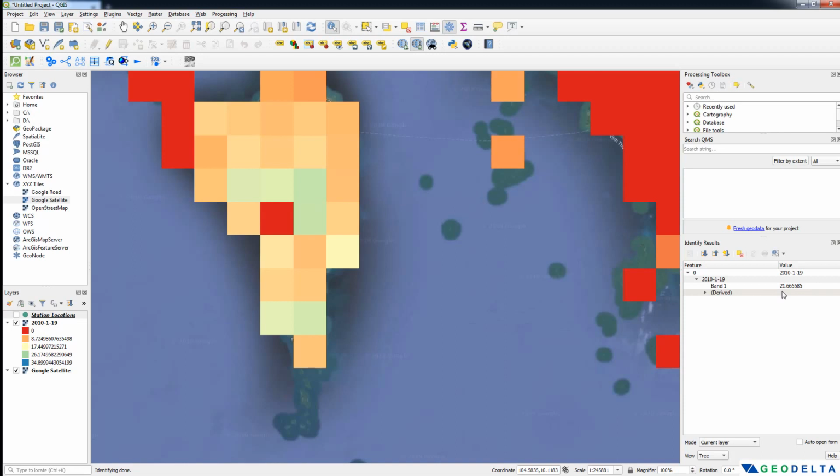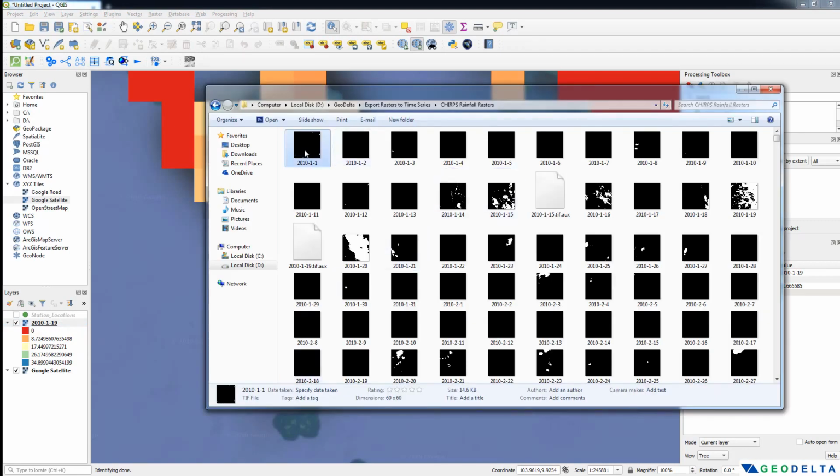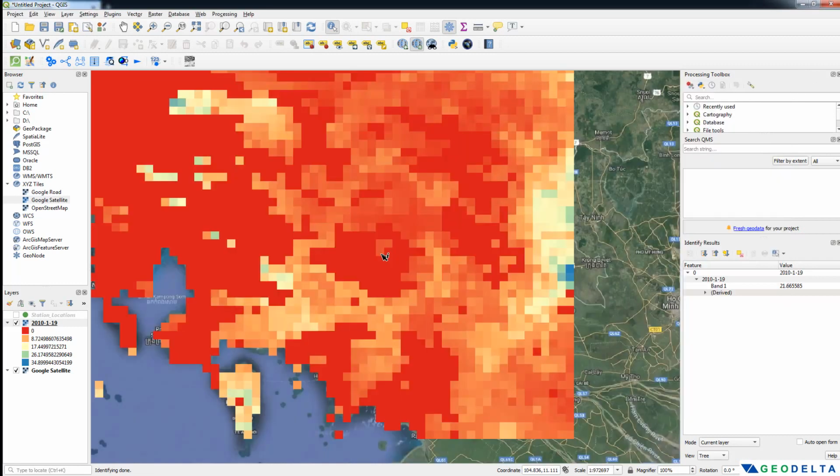So these values basically correspond to daily rainfall values recorded for this particular day. And that day is actually given by the title of this raster, 19th of January. And similarly, we have quite a few rasters, one for each corresponding day, for each day from 2010 all the way up to 2015. And if you were to actually